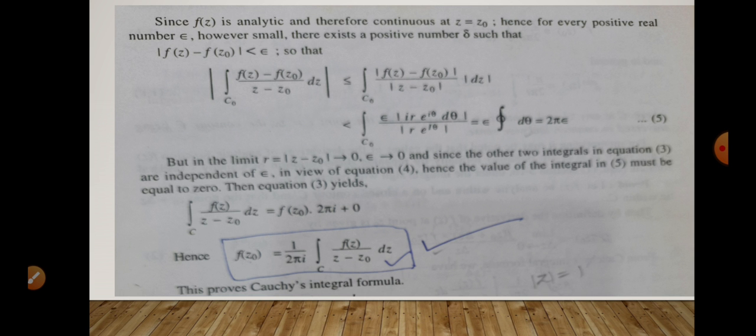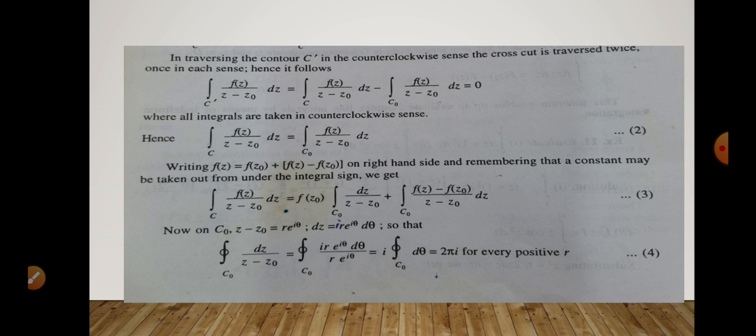Then from equation 3 we can write the integral over path C of f(z) dz upon (z minus z0) equals f(z0) times 2 pi iota plus 0. Hence we can write f(z0) equals 1 upon 2 pi iota times the integral over the path C of f(z) dz upon (z minus z0). This is Cauchy's integral formula. Okay. Now